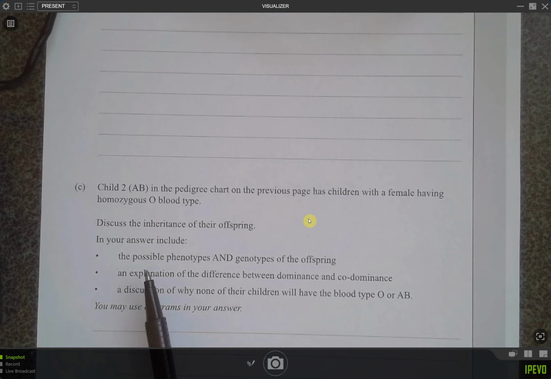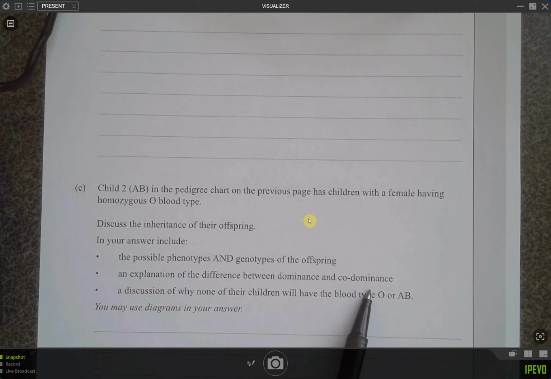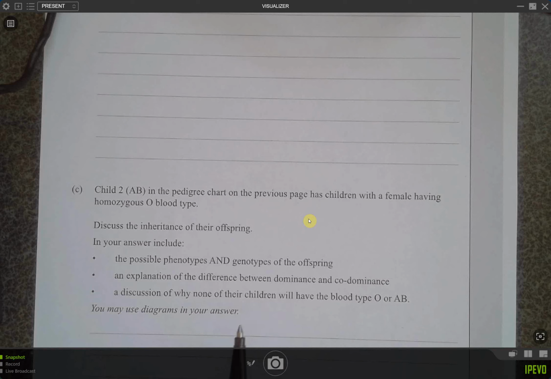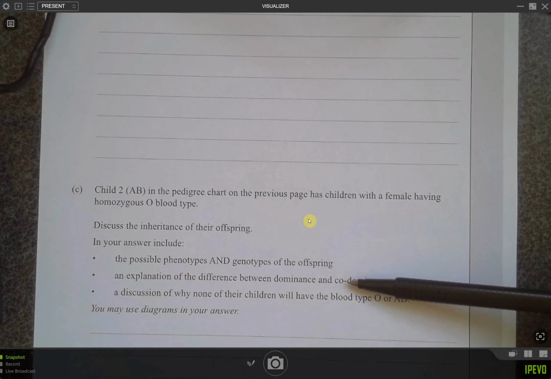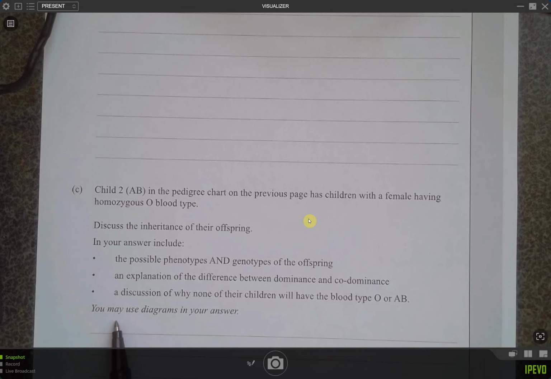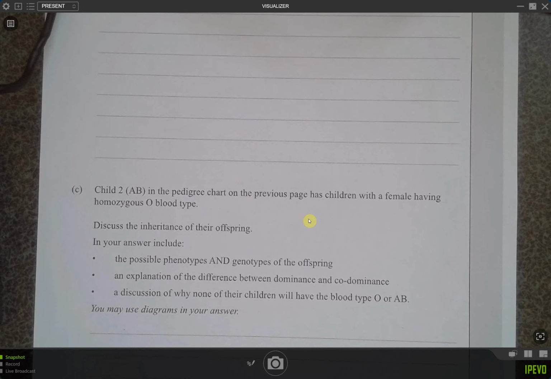So they want you to talk about the possible phenotypes and genotypes of the offspring, an explanation between dominance and codominance, and a discussion of why the children cannot have O or AB blood type. So make sure whenever you're answering this question that you go through each one of those bullet points would be my kind of recommendation. And if they have this statement here, use diagrams in your answer, you don't need to have it, but I highly recommend that you do that, because in most cases it is part of a marking